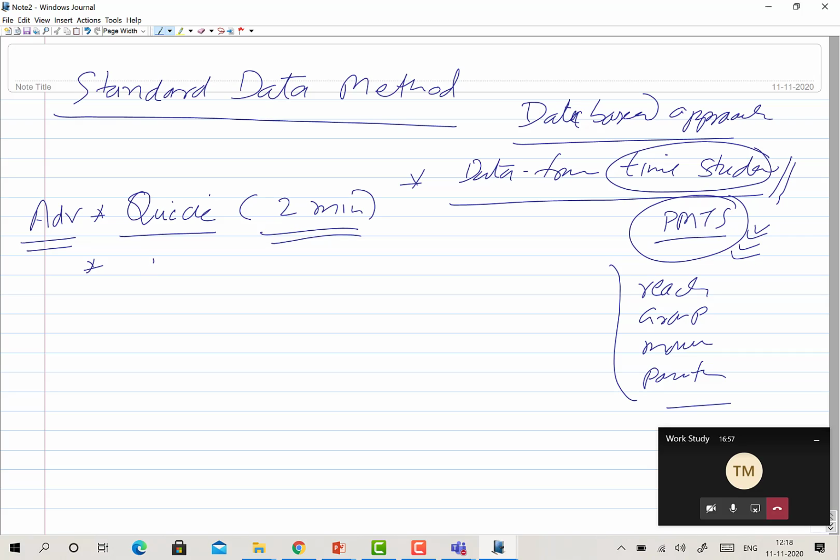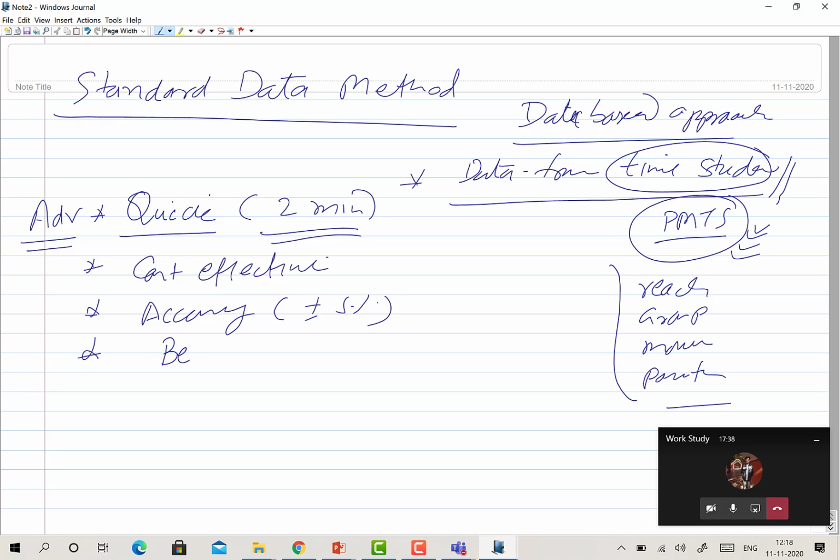The second is, it's very cost effective, because it doesn't require the job to be performed, and it is more macro in nature. So you just consider the data available from the past time studies, do a few calculations, and get the time required to do the job after compilation. And it is reasonably accurate, say plus minus 5%. So reasonably accurate, and like the PMTS method,